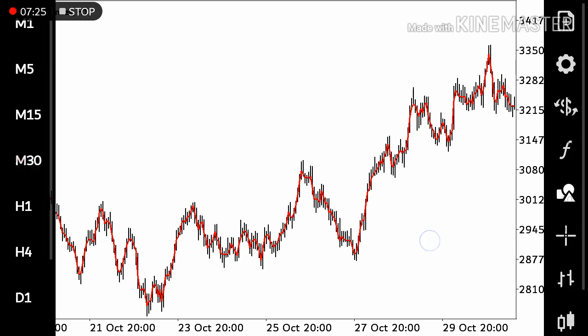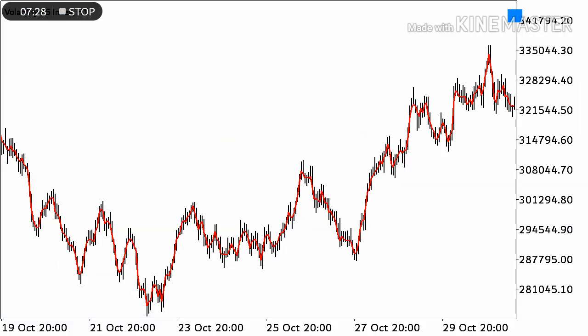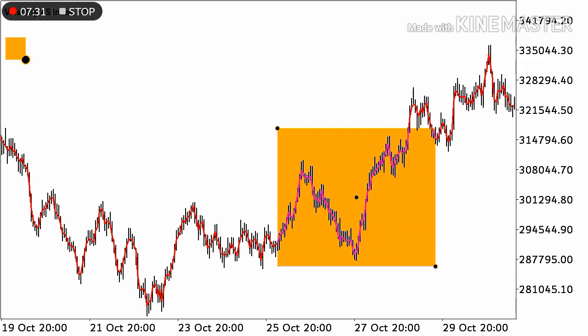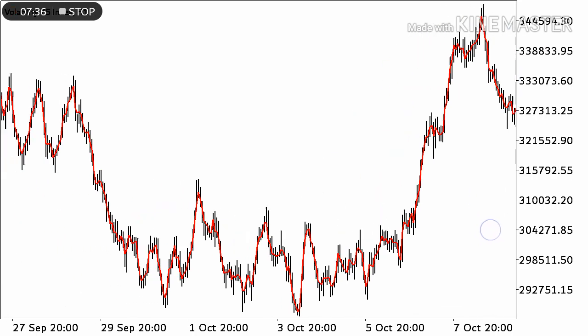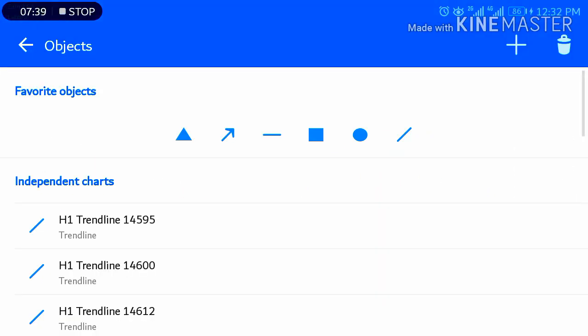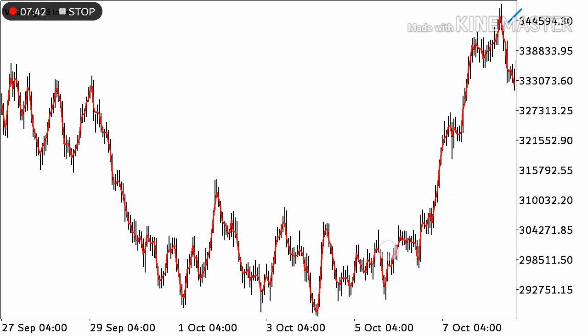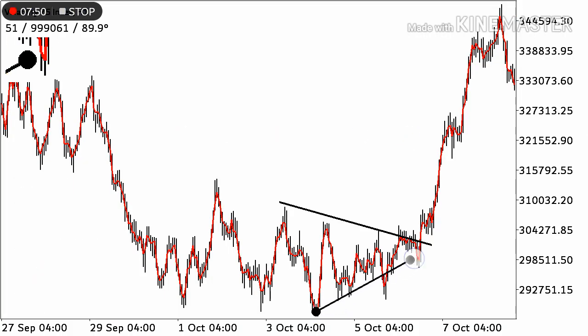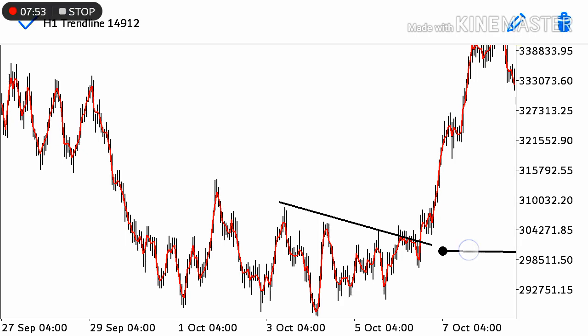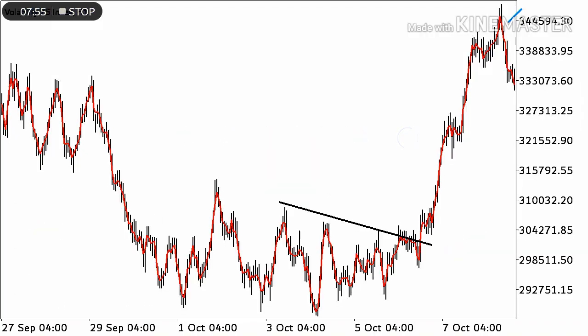And look at this one also. I will highlight this one. Okay, and look at this one. Very cool and awesome. Look, and the market moved there. So this is the thing,